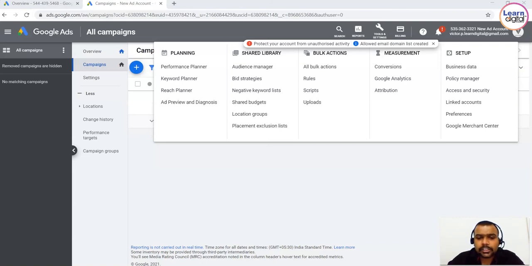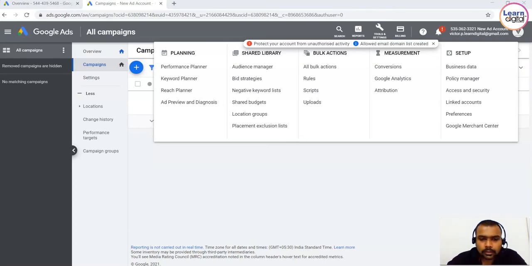Now we can set a location group, which also allows you to target your ads based on those specific locations. So a location group is a select group of business listings that's collectively managed by an organization or user group. Sorting your locations into groups makes it easier to manage multiple locations and keep them organized. You can apply changes and share access to multiple listings at once. So as the name says, shared library, you can share multiple options over here.